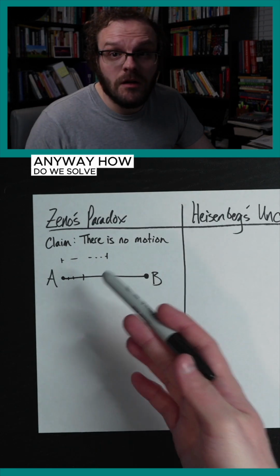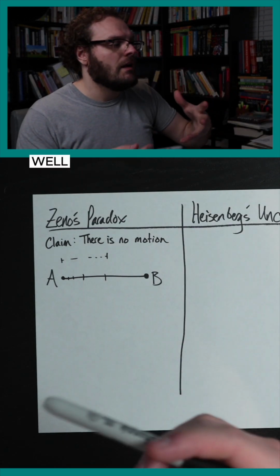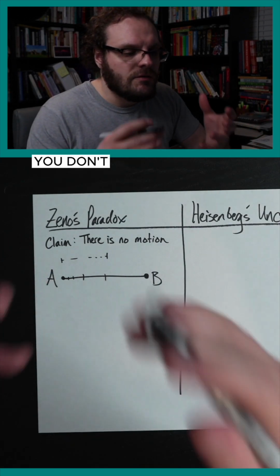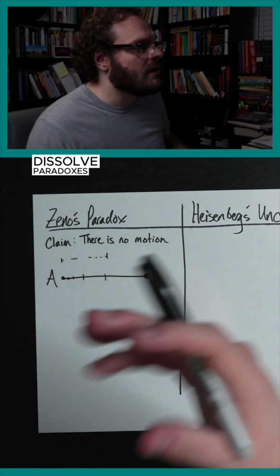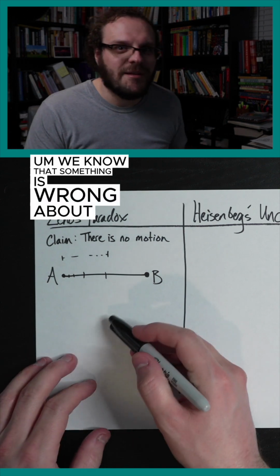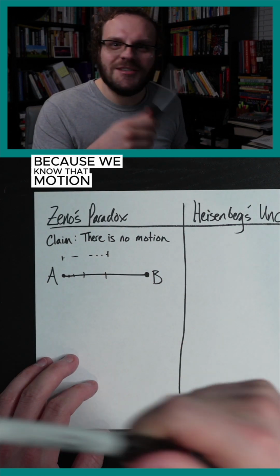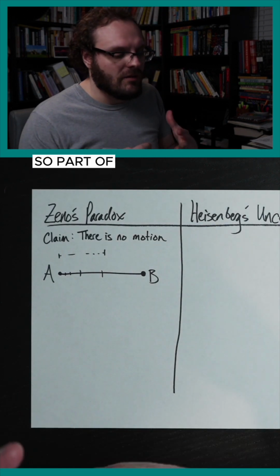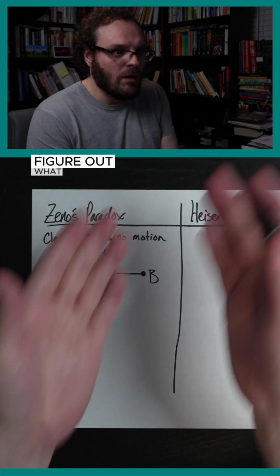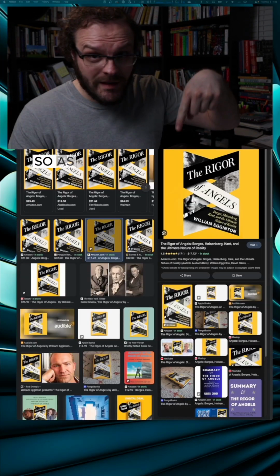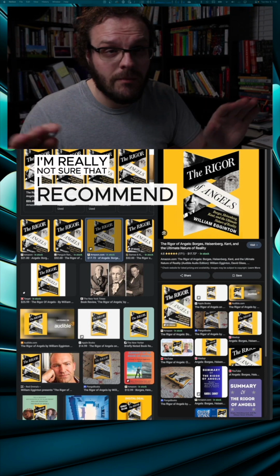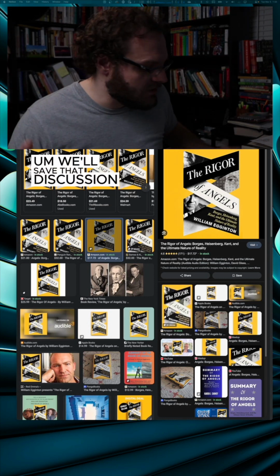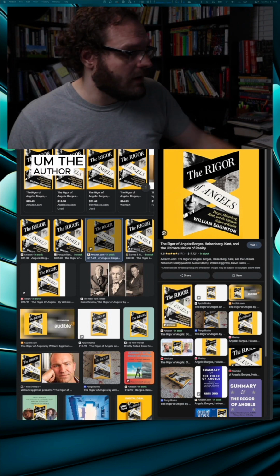Anyway, how do we solve Zeno's paradox? Well, as is often the case, you don't solve paradoxes so much as dissolve paradoxes. We know that something is wrong about this reasoning because we know that motion exists. So part of our job is to figure out what went wrong in this reasoning. So as I was reading this book, The Rigor of Angels, which I'm really not sure that I recommend, we'll save that discussion for later. The author explains that